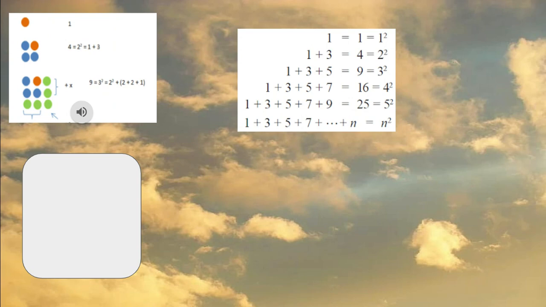Below, go through the table and see what is given there. 2 squared plus 2 plus 2 plus 1 is equal to 3 squared. Likewise, 3 squared plus 3 plus 3 plus 1 is equal to 4 squared. 4 squared plus 4 plus 4 plus 1 is equal to 5 squared. 5 squared plus 5 plus 5 plus 1 is equal to 6 squared. Likewise, 10 squared plus 10 plus 10 plus 1 is equal to 11 squared. Understood? The same way it will move.